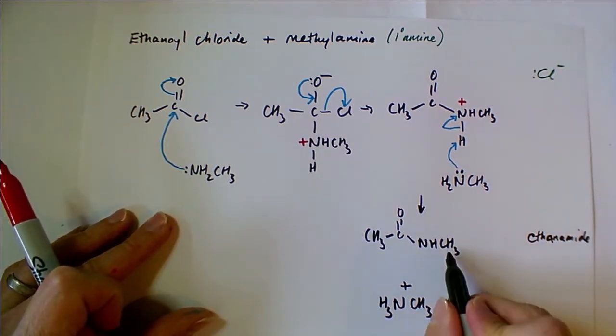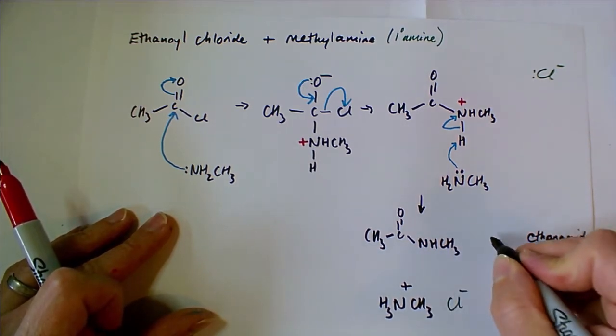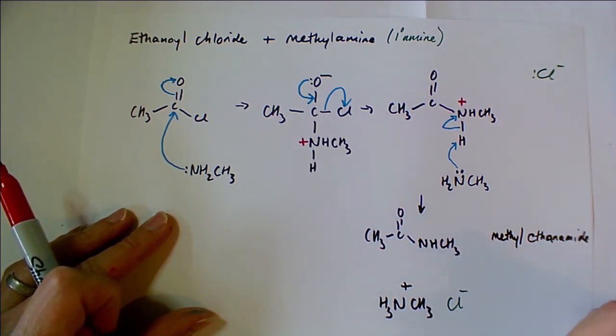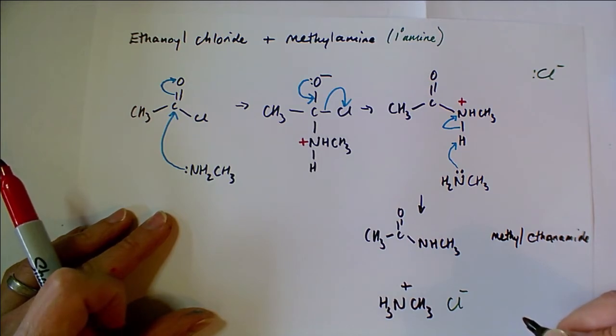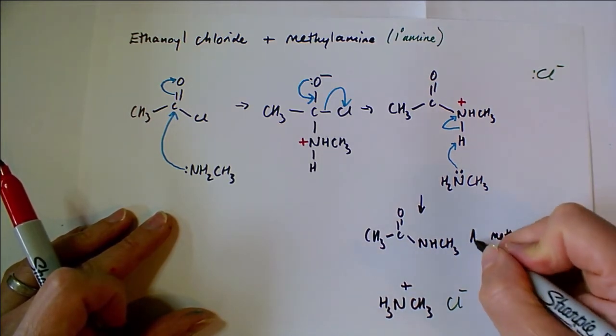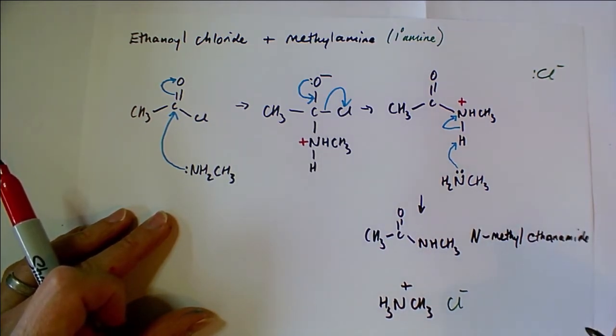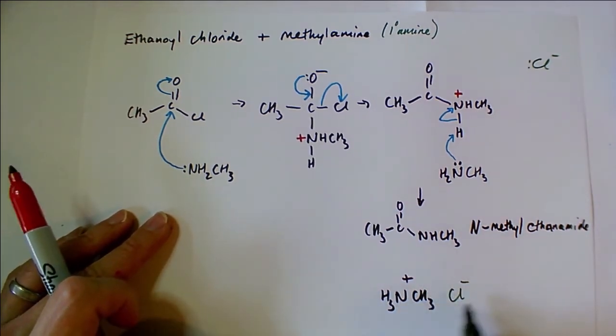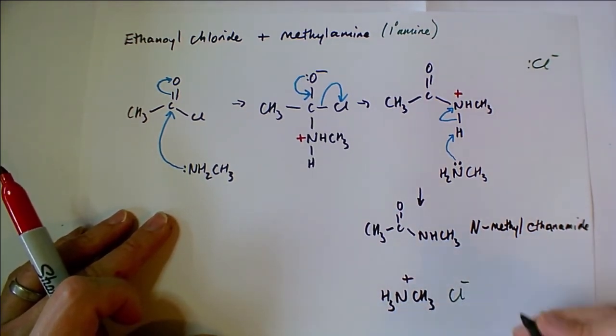And anyway, what I've got is my methyl group. And hopefully you can remember from last time, how do we say that the methyl group is attached to the nitrogen? Well, I say it's N-methyl ethanamide. Right, now this thing down here, this ionic compound, our salt that we produced as a byproduct,